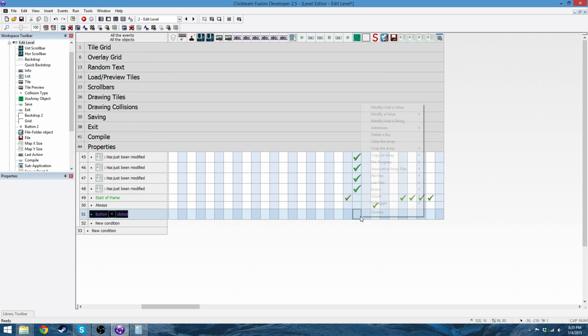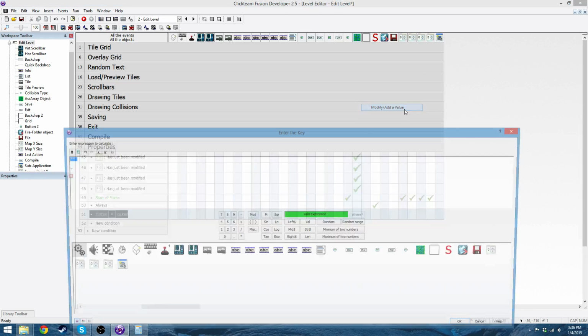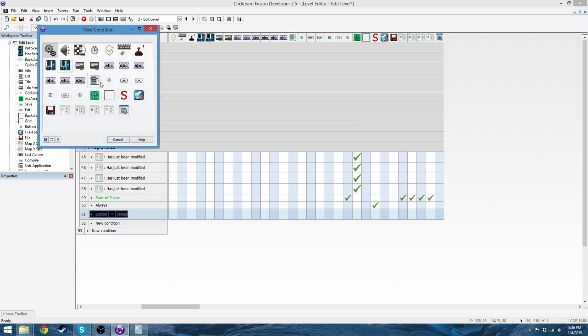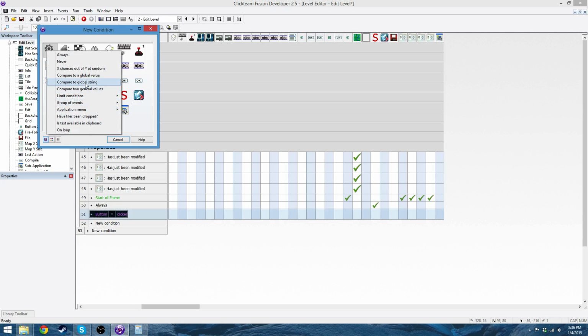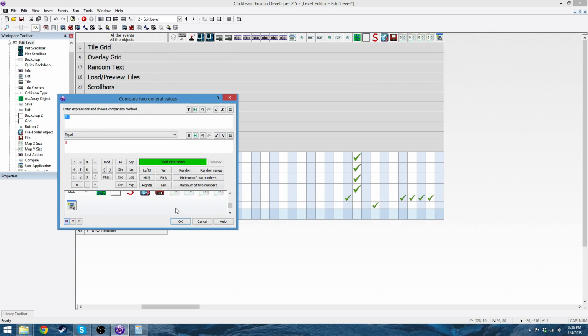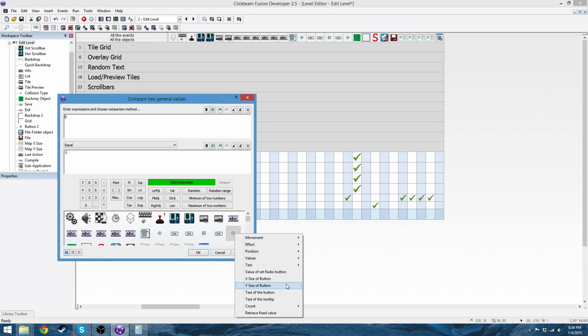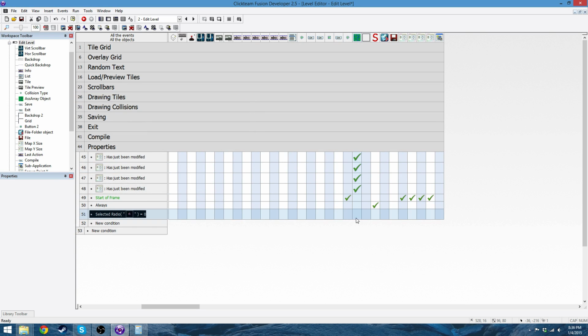Button clicked. Then add a value. Or I'll do this. Replace. Compare to general values. Make this bigger. Value of radio button equals 0. Then